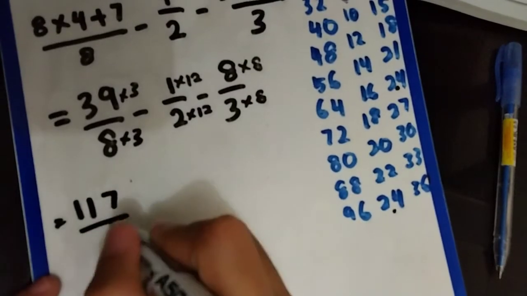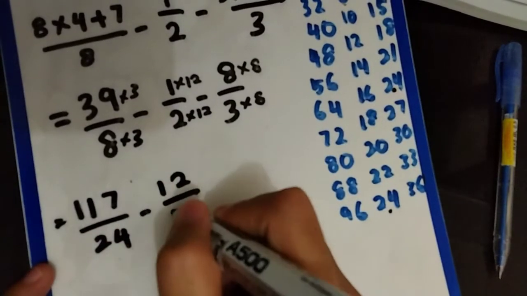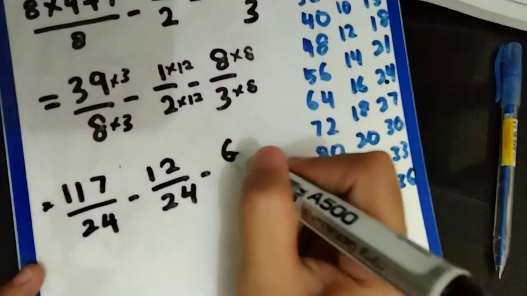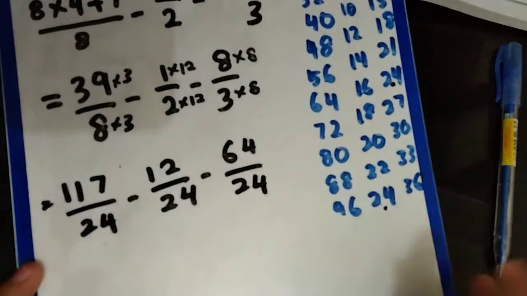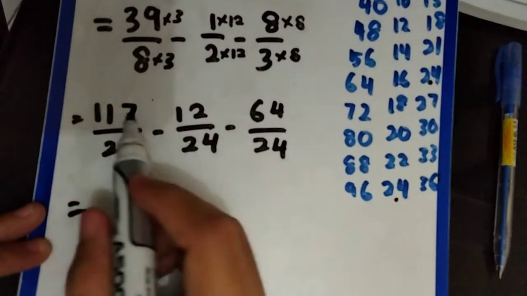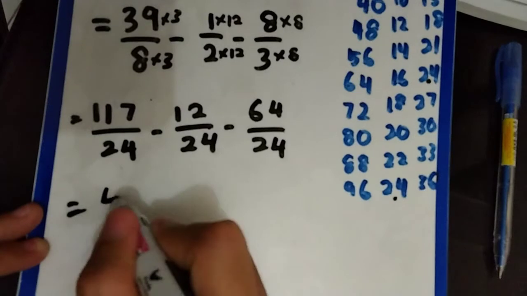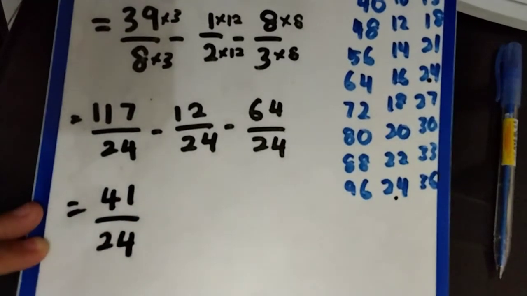So 117 over 24 minus 12 over 24 minus 64 over 24. When the denominator is the same, you just subtract the numerators. 117 minus 12 minus 64, and the final answer is 41 over 24, but the answer is in